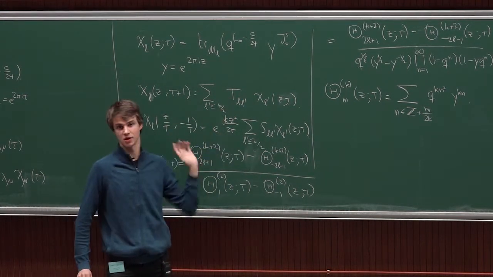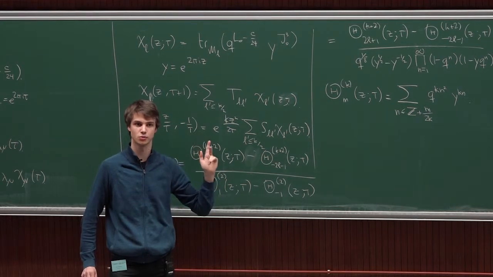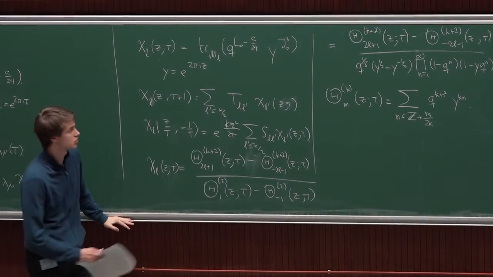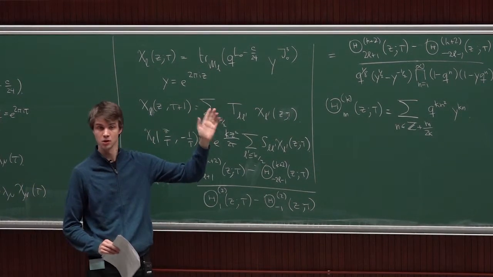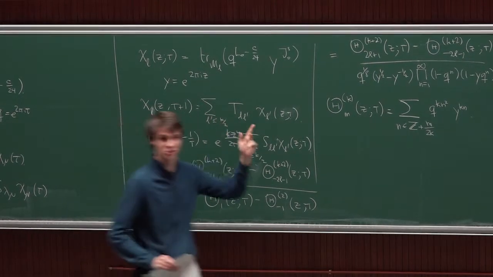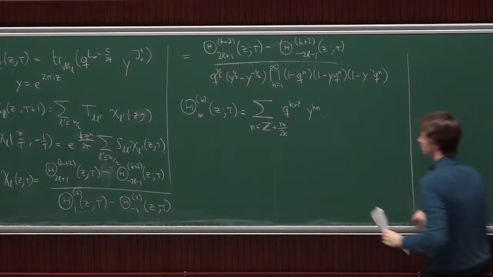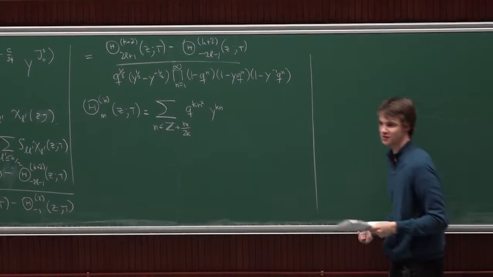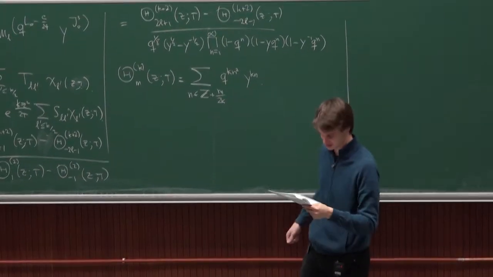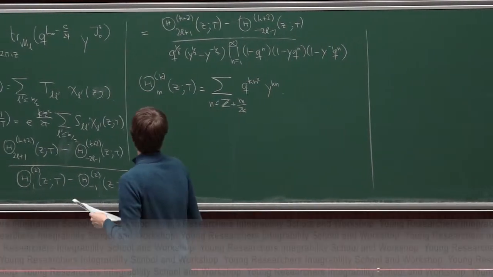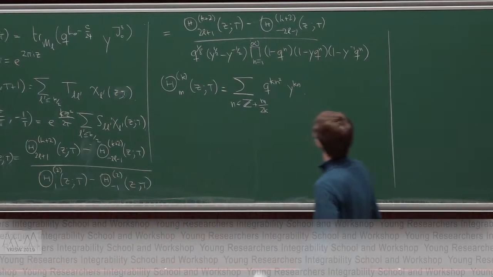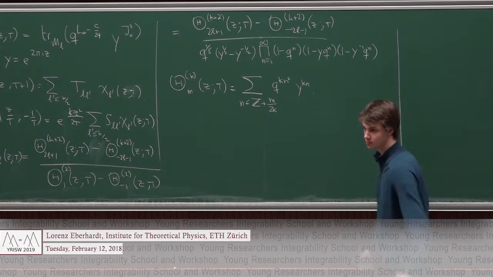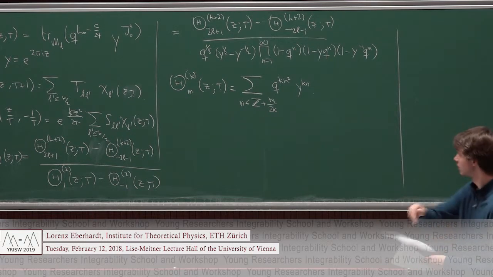And such an identity exists always for affine Kac-Moody algebras, and that's the Weyl-Kac denominator formula. For finite dimensional Lie algebras, you might know that there's this Weyl character formula, and there is always some way of rewriting the denominator, and this is the affine analog. Funnily, this has very many applications in number theory, which I find quite nice, and all kinds of mathematics. Good, so let's try to understand what's going on and why the character should have this form. Maybe we discuss this form because it's a bit better to understand it.